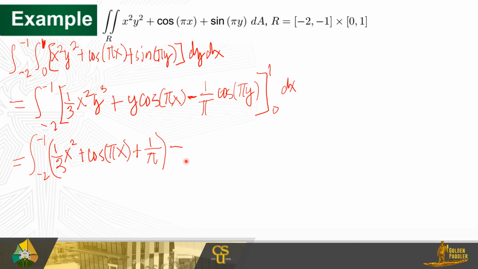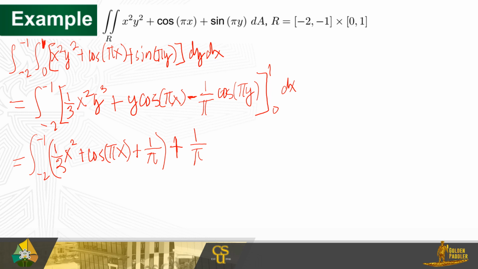So, we have negative 1 over pi. But since this is a minus, it becomes plus. Okay? So, we have positive 1 over pi. Because it is minus negative pi. So, we now have positive 1 over pi. That is,